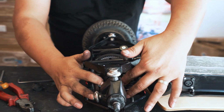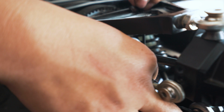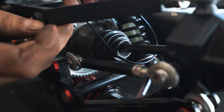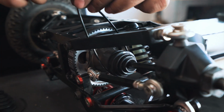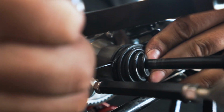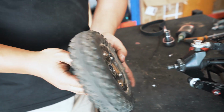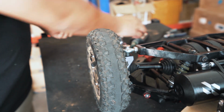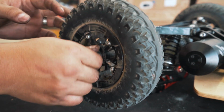That's it. And the last bit is to re-secure the new boot. There we go. Now that this is all reassembled, pentagon recess back onto the pentagon here. Wheel back on, got your wheel nut, a dab of Loctite, and simply